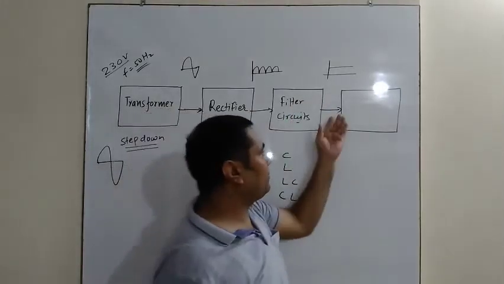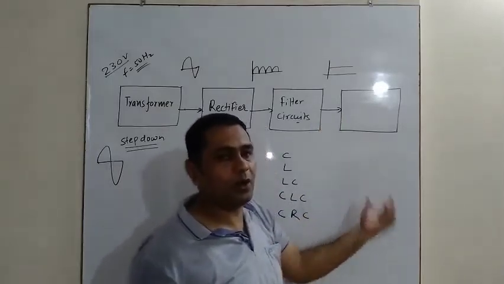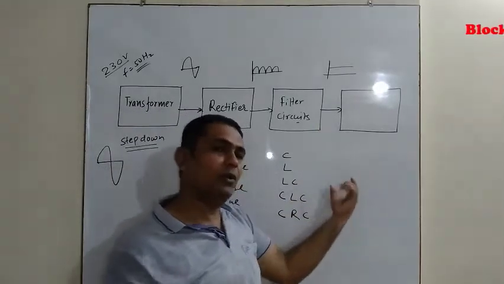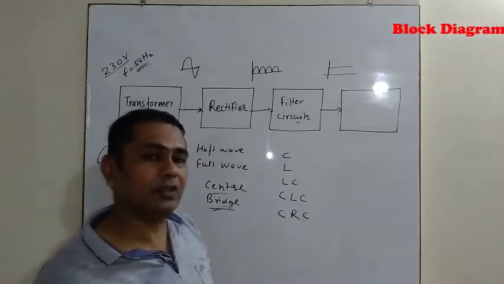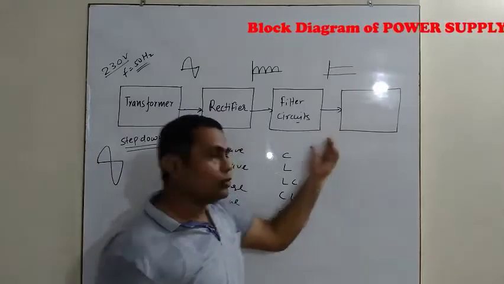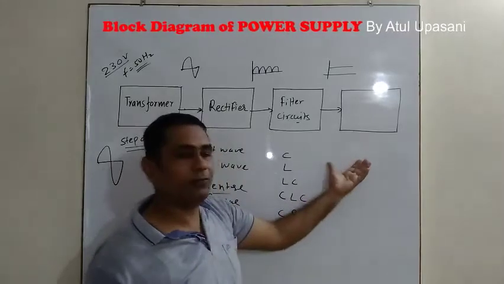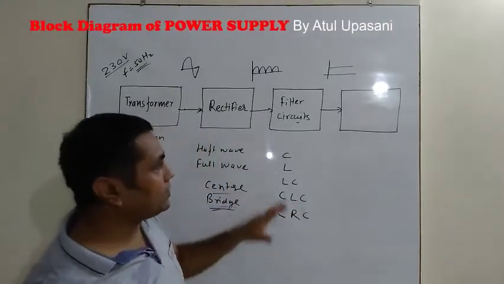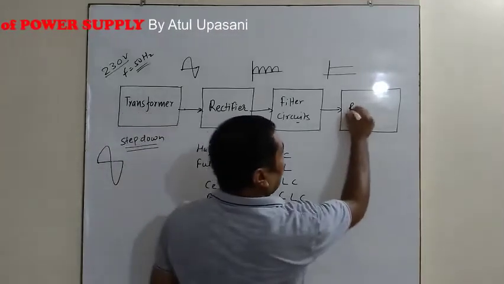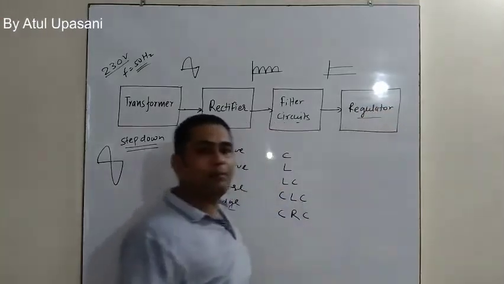Another fluctuation arises if the output of the power supply is utilized for various circuits at the same time. That changes the load, and if the load changes, there will be fluctuation in the load current. If the load current changes, the output voltage of this power supply also fluctuates. So line voltage changes and load voltage also changes. These two types of fluctuations should be removed. For this, we use circuits called regulators. So regulators are an important factor in creating the power supply.